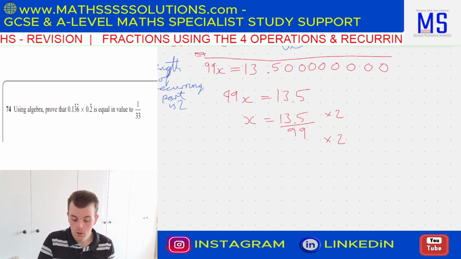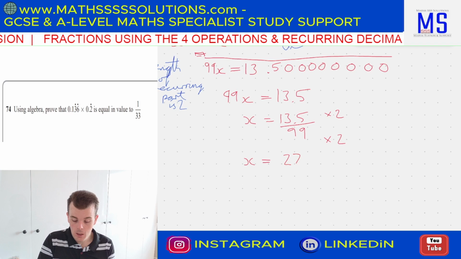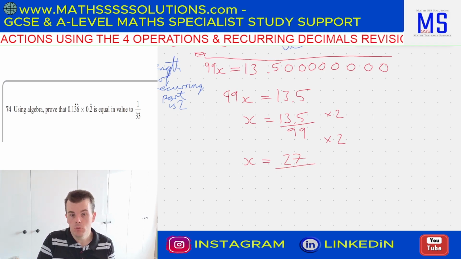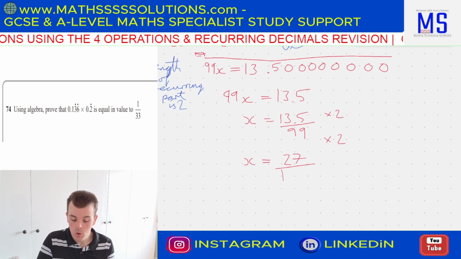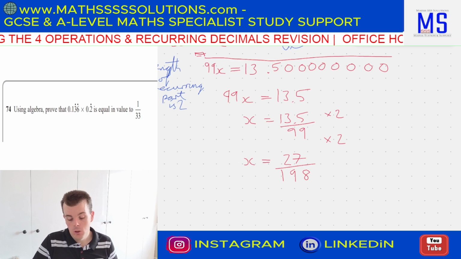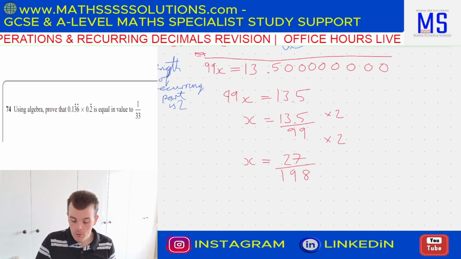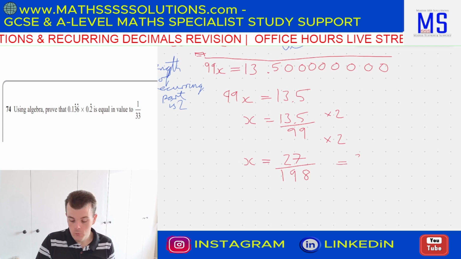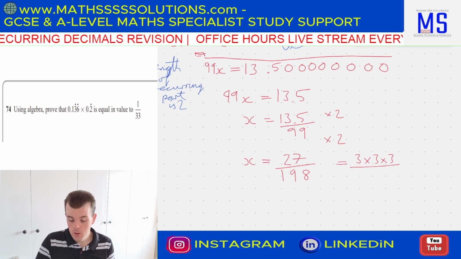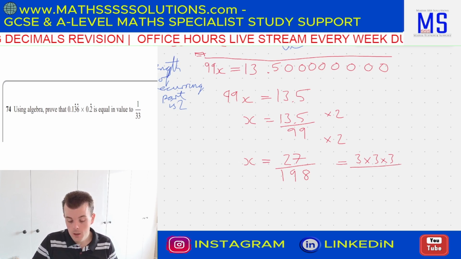13.5 times 2 is 27. 99 times 2, 100 times 2 is 200, that's the 2, so 198. Again, what I would do is always look to simplify. 27 is just 3 times 3 times 3. So the only way it could simplify is if there's a 3 in the